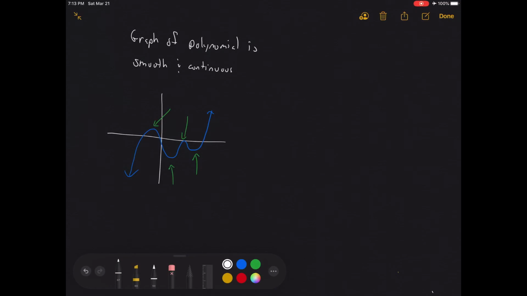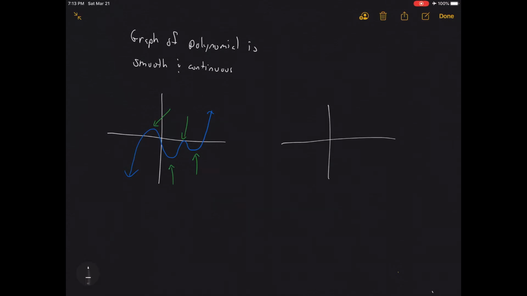Just to show you what one would look like that's not smooth, maybe something like this would be a graph that isn't smooth. So you can see right there, at that place right there, that's not a smooth edge. That's more of a sharp corner. We actually call that a cusp. It's not necessary that you know that, but you can definitely see the difference between something which is a smooth edge